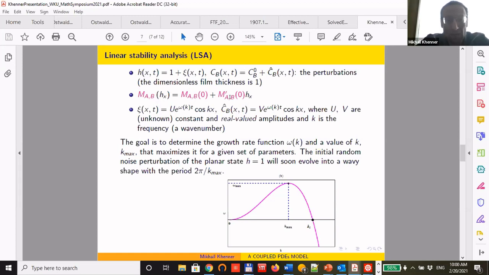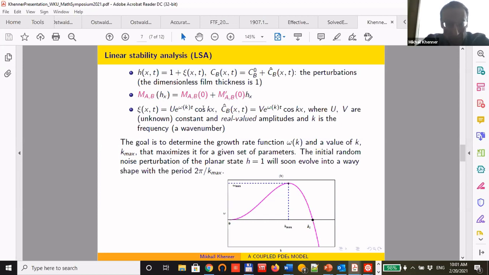We also need to linearize the mobility functions in order to make it all consistent. So we linearize the mobility functions with respect to mobility values on the planar surface when hx is 0. Okay, so m of 0 and m prime of 0 are two numerical parameters which we can choose. And after this has been done, we take the so-called normal form for the perturbations, we represent each perturbation as a